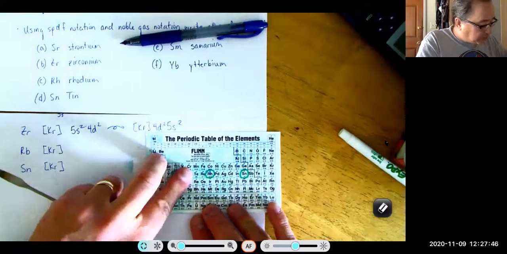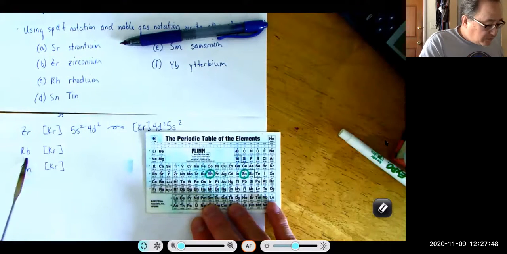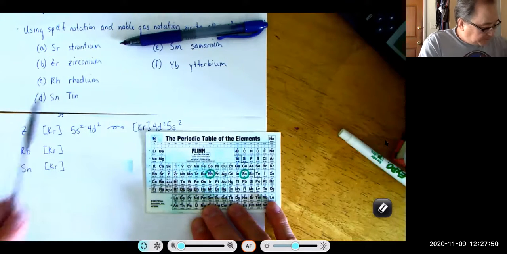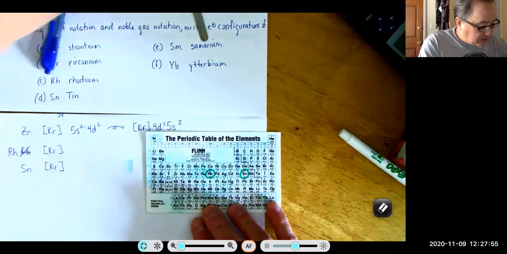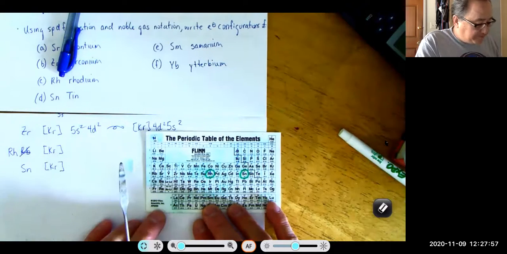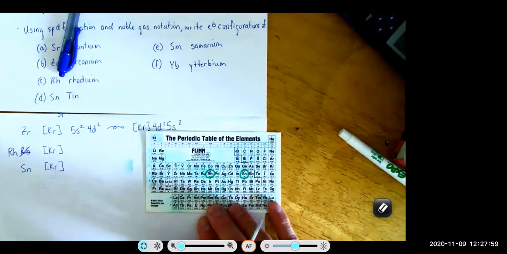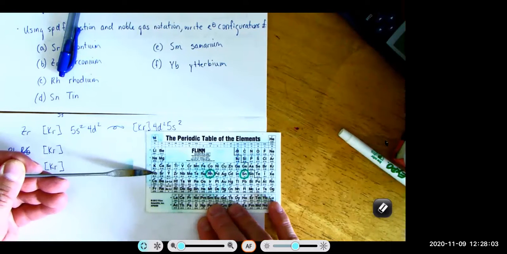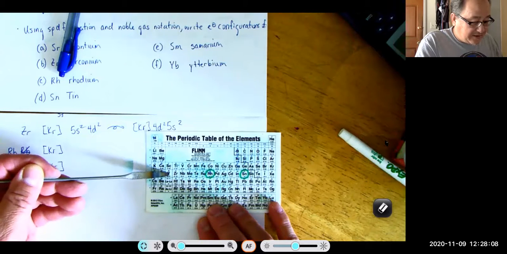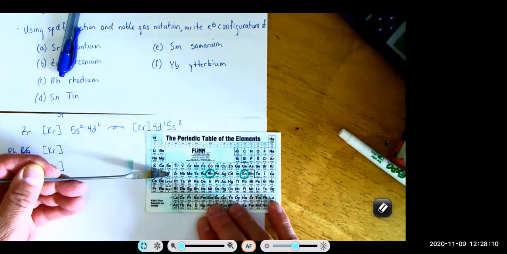So let's do this rhodium. I have rubidium here. It's supposed to be rhodium. So what is the noble gas before rhodium? Krypton. So this is right after krypton. What am I pointing at here? 5S. And what am I pointing at here? 4D. So we would write 5S,